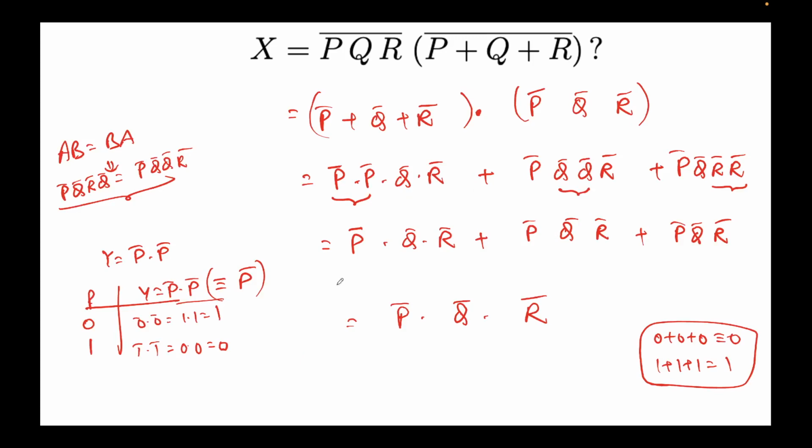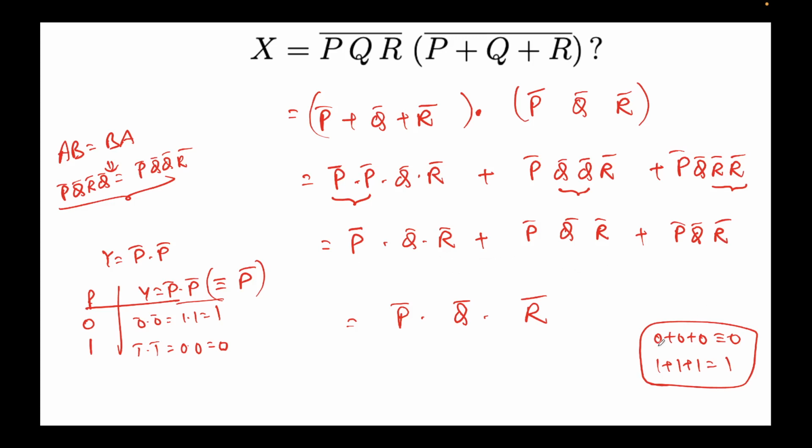It's the bottom of the screen, and then I simply multiplied this whole term inside, and we saw that due to the commutative property, I can place p bar anywhere I want, because all these terms are in multiplication, and hence p bar dot p bar we saw is nothing but p bar. Similarly, q bar dot q bar is nothing but q bar, r bar dot r bar is nothing but r bar. This whole expression comes out to be 3 times p bar q bar r bar,